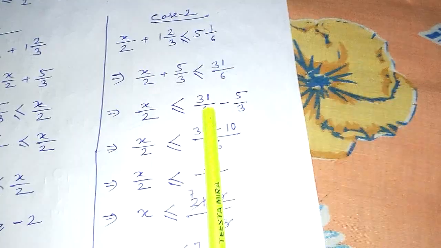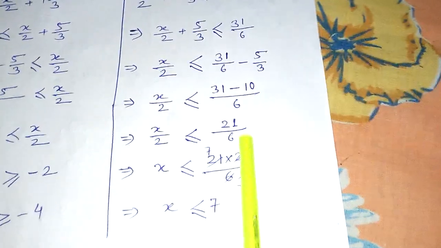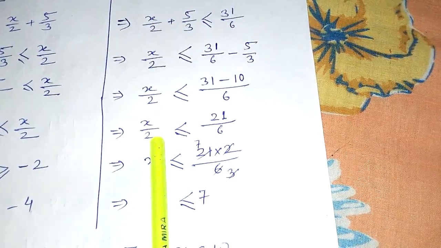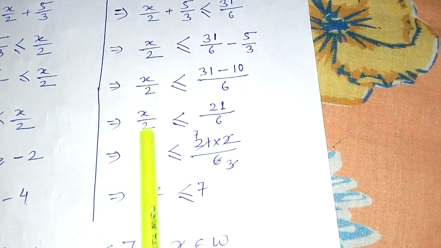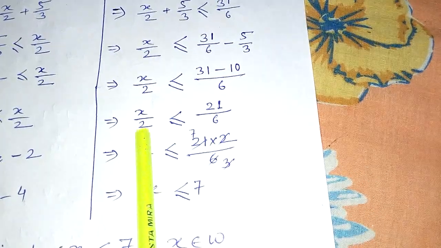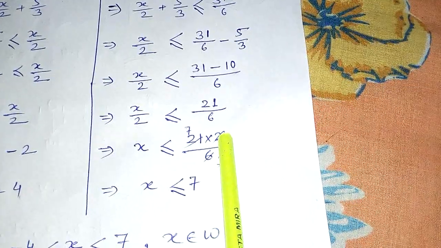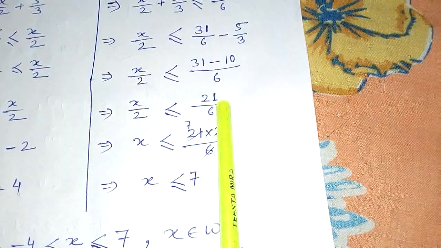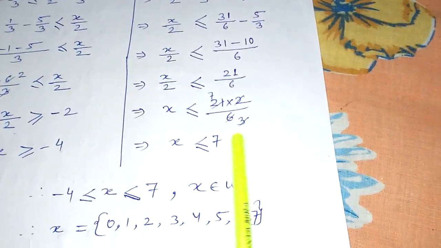So we do LCM. LCM of 6 and 3 is 6. After doing LCM, our result is 21 by 6. As you all know, x is in the correct position, on the correct side. So now my only duty is to shift this 2 to that side. And it is said, whenever something is in the denominator, when it changes the side, it goes and multiplies at the top. So 21 into 2, this 2 comes here with 21 by 6. 2 3s are 6, 3 7s are 21. So x is less than or equal to 7.